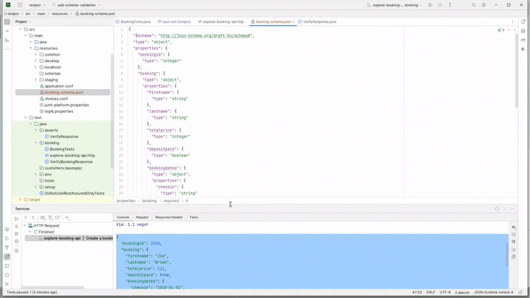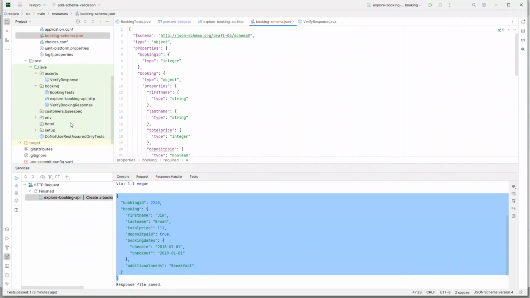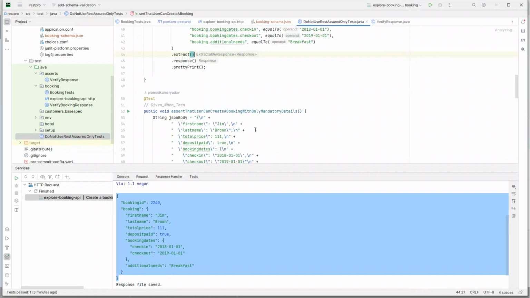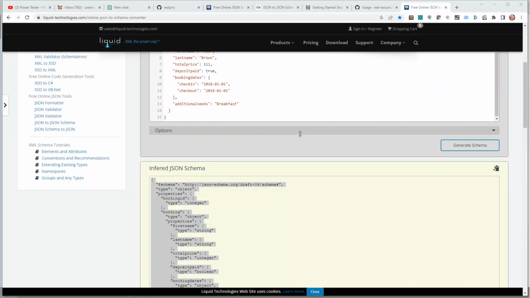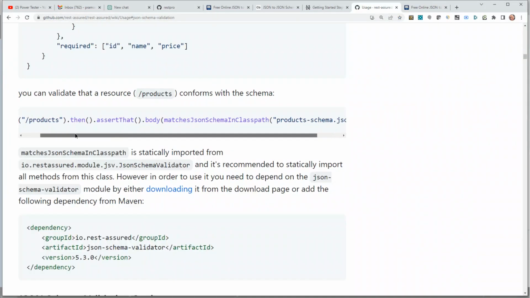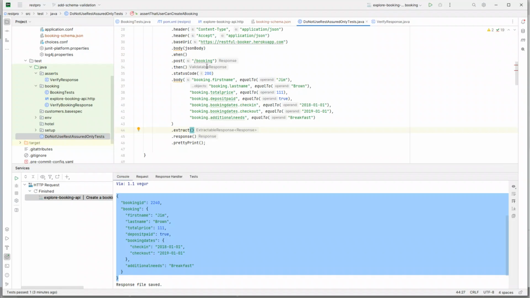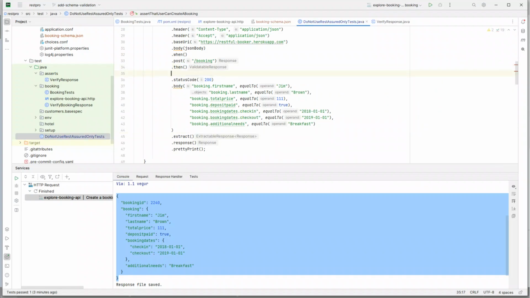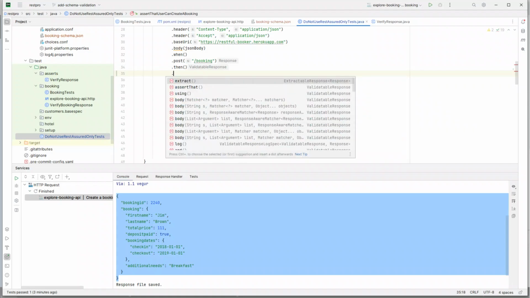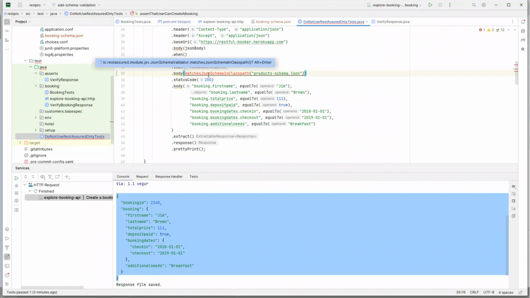So now let's just go ahead and try to run a test, a very simple test. Even before we start adding anything in the verify response class, let's go to our DoNotUseRestAssuredOnly test, and let's see if we could make use of the method which was specified here. So it says for you to be able to make this assertion, you need to call this then method, and then inside the body you should call this assertion. So at this moment I'm only copying this part, and let's say if I go to Aqua, after then, so this is validatable response. If I give body and matchesJsonSchemaInClasspath,